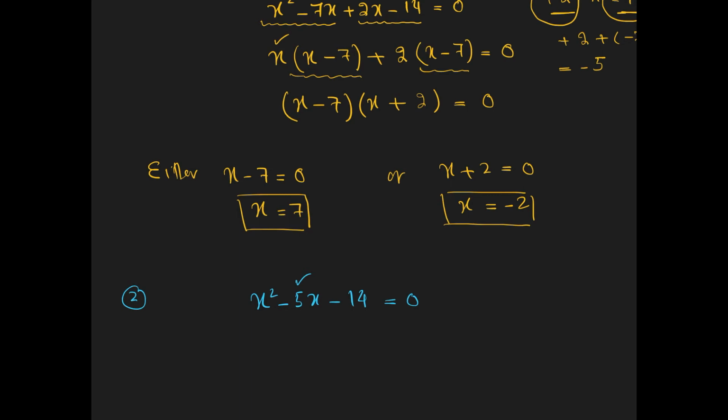So, first step is half this number. So, minus 5 divided by 2, which gives us minus 2.5. Once you get this, then this minus 2.5 will be written inside the bracket like that, x minus 2.5,